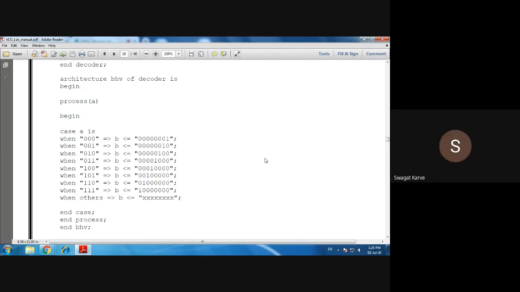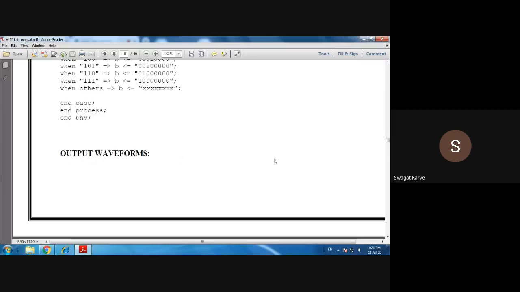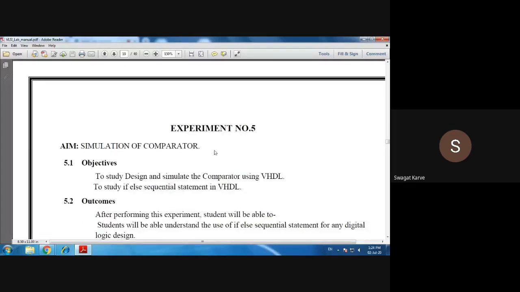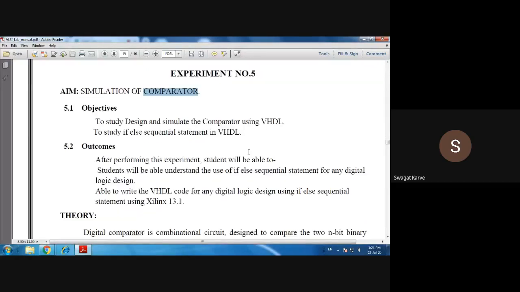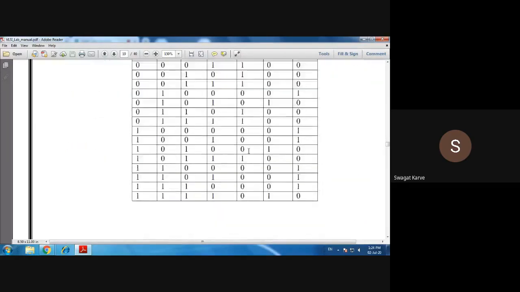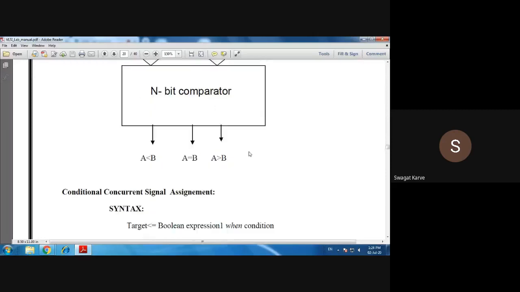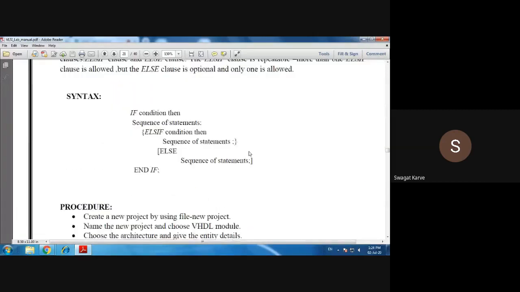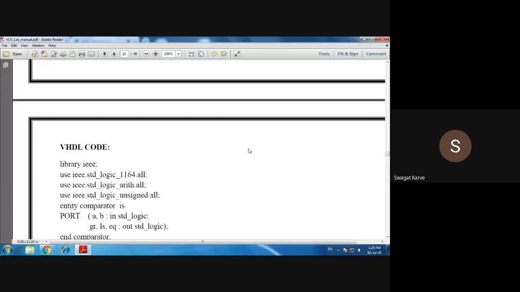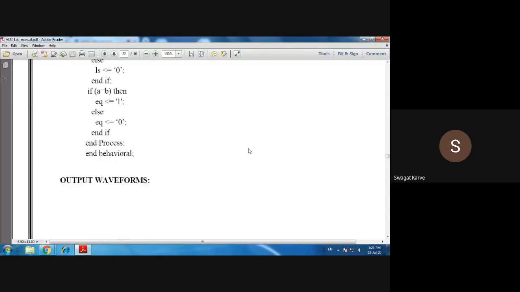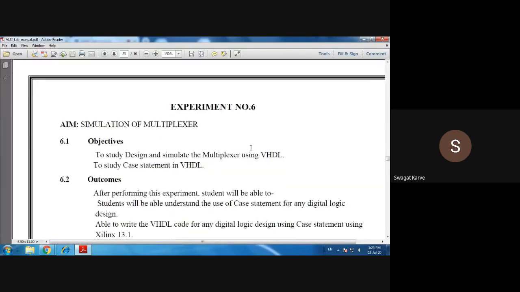Yes, sir. Okay, very right. We will stop here, and we will continue with some other programs in the next lecture, right? From the next lecture we will discuss the program for comparators, 1-bit comparator, 2-bit comparator, and after that we will discuss some flip-flops: D flip-flop, SR flip-flop, JK flip-flop, T flip-flop.